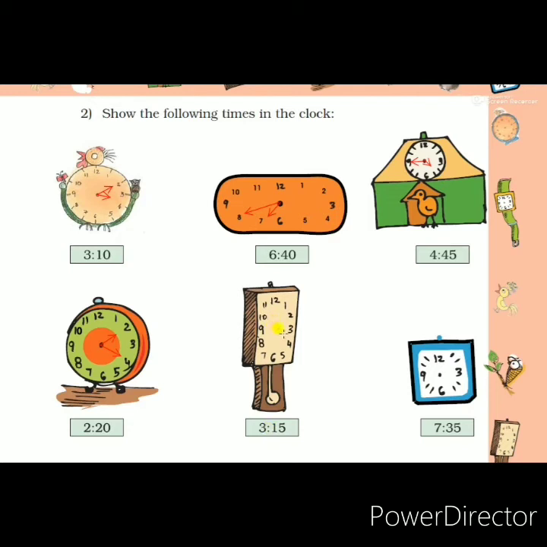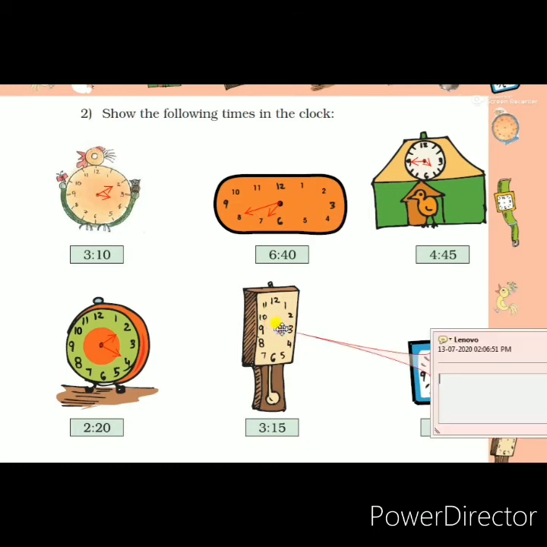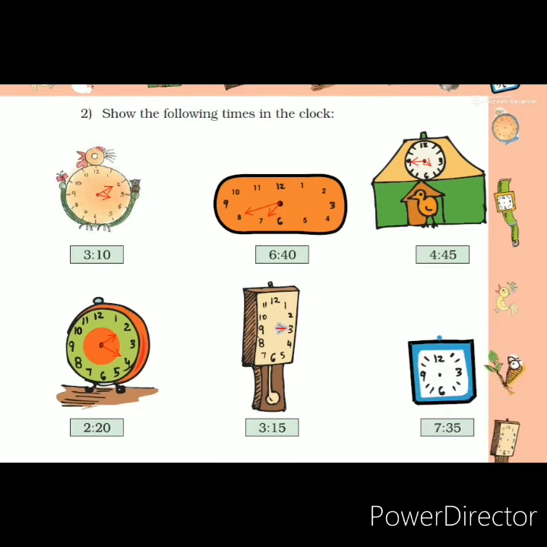So the hour hand should be at 3 and the minute hand also should be at 3. Why? Because 15 minutes is showing. 5 3s are 15. So the hour and minute hands are both on 3. But the hour hand will be a little away from 3 for fractions of a second. Still, we can see both the needles in the same place. So this is the time 3:15, or quarter past 3.